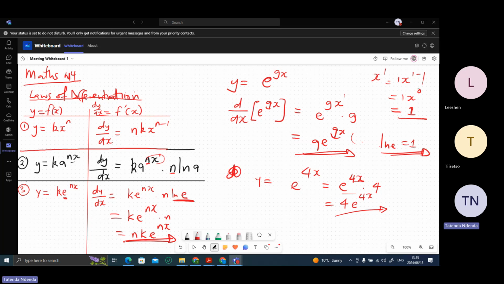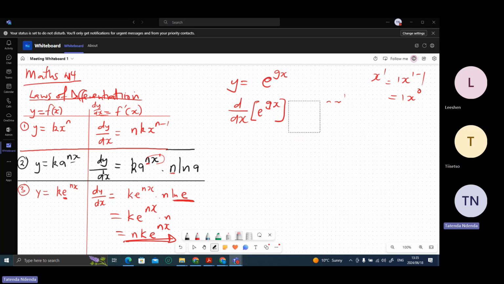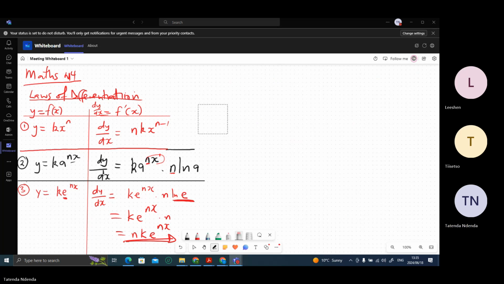Any questions on this one? I think this one is a bit complicated, right? Let me try to have maybe two or three questions. Y is equal to e to the power of 5x. So we are saying dy over dx is equivalent to, you write this equation the way it is,